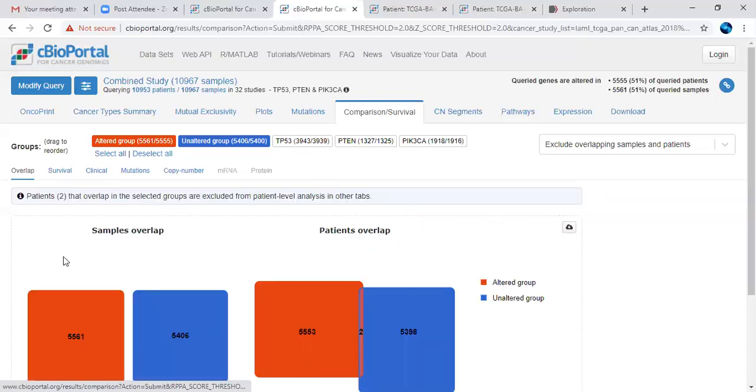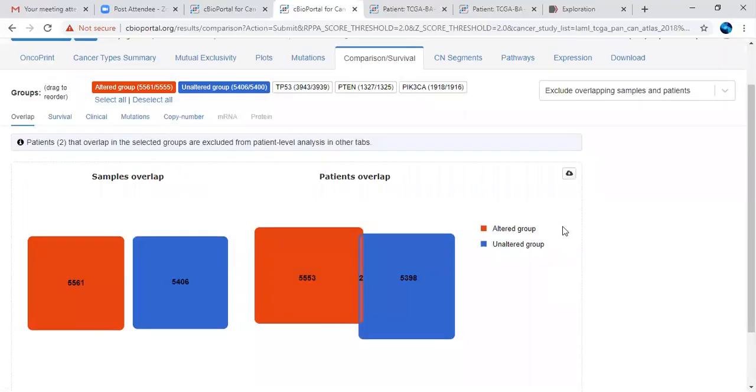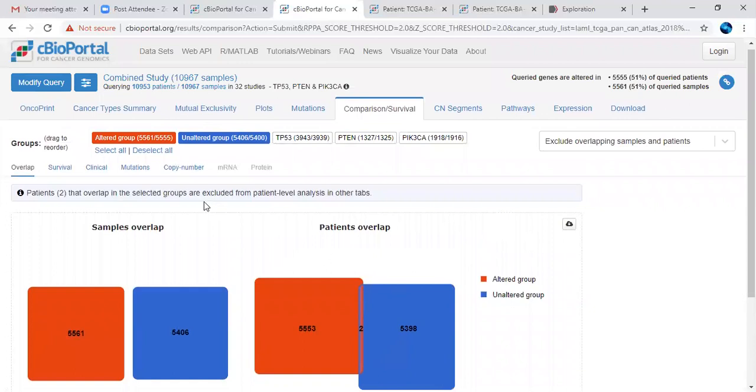Okay, here you can see the altered group or the unaltered group. So how many altered genes are there with respect to the samples, or overlapping genes or overlapping samples.